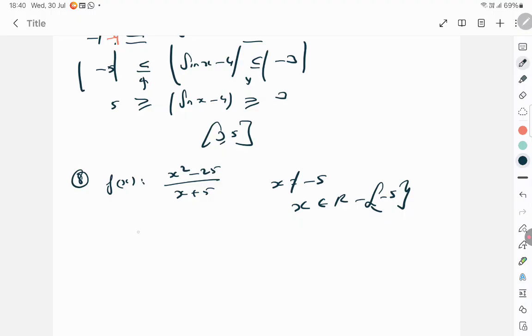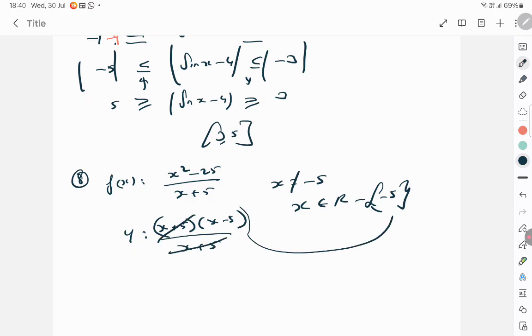And for y, you know what you should do to find y, you should write (x + 5)(x − 5)/(x + 5). This and this get cancelled. You know x cannot be −5, no? Therefore y cannot be −10. So y can take all real numbers other than −10. So such a beautiful question. So next is,